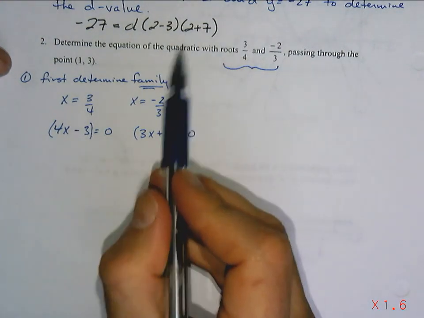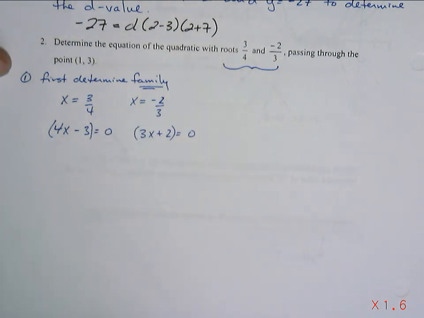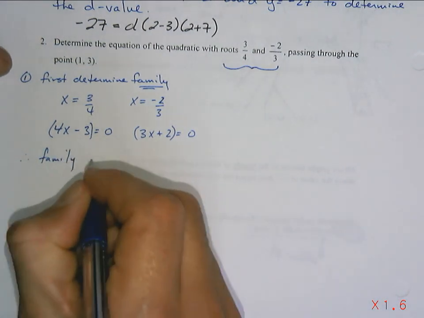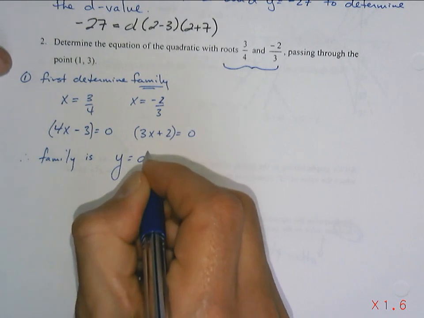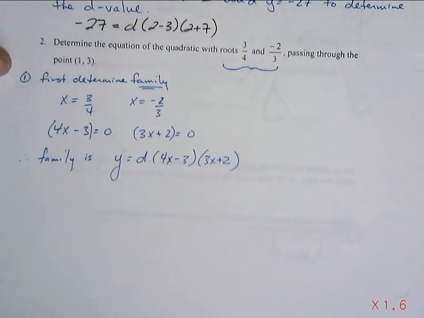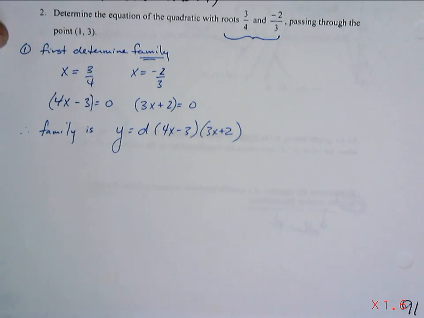If you pull that over as x minus 3 over 4 and pull this over as x plus 2 over 3, good luck with your fractions. It's going to be ugly. But if we do it this way, it's going to be easier. So the family is going to look like this. y equals d(4x minus 3)(3x plus 2). That's your family of curves. We can expand it or not. They didn't ask me to, did they? But I'm going to use this now